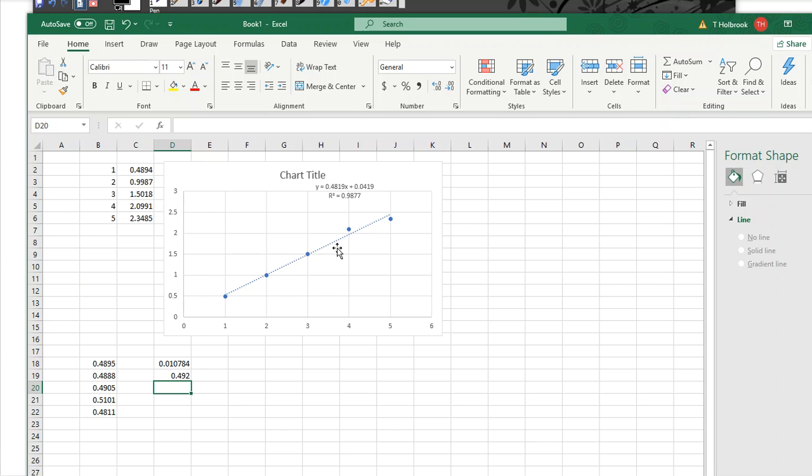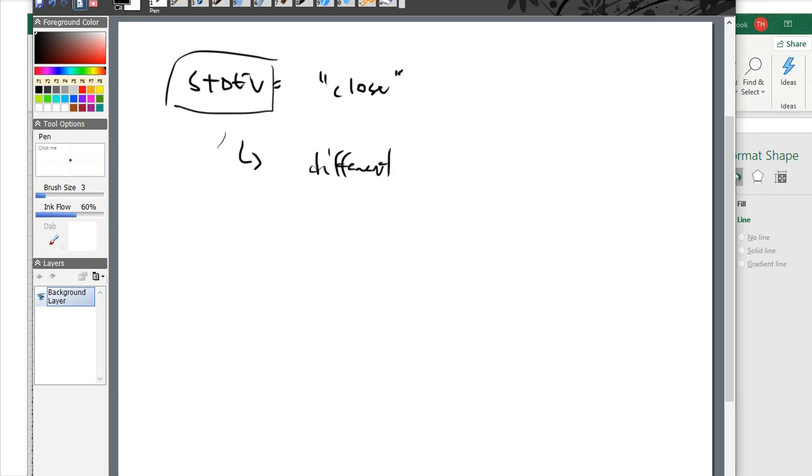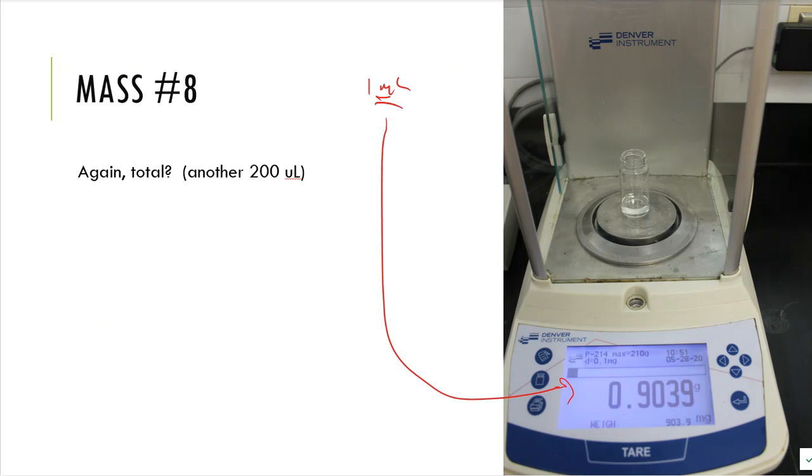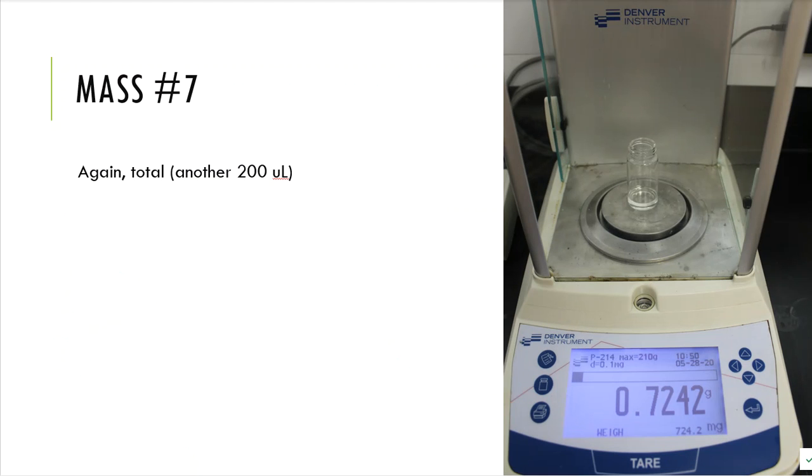All right, so you'll be making your own density graph with the data that we've obtained in the lab. That's not this data. Go back and take a look at the presentation to get that data off. And now you know how to calculate the standard deviation from the grade sheet. That's what it talks about. You now know how to do that. All right. Okay, so that's where this part of the laboratory is going to stop. That's all of the data that's associated with the density of part B. And I think that will give you enough to finish out the lab and kind of truck on